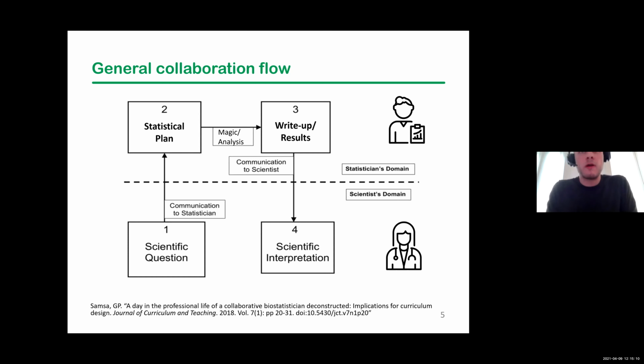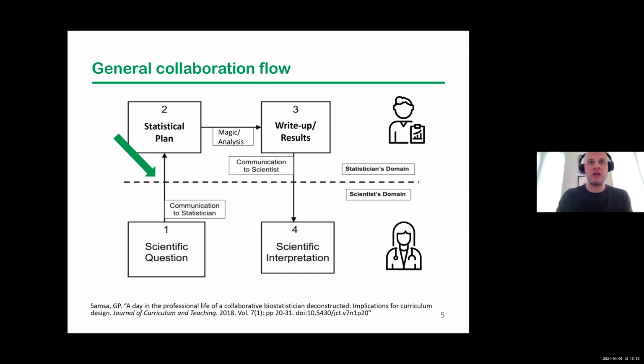So what is the workflow for working with the biostatistician? The bottom half of this figure is the scientist or the researcher. The top half is a statistician. And there are 2 really important communication points. The first point is on the left side of the figure here. At the bottom, you see block 1 says scientific question. That's really where the investigator is coming up with what is the question I want to ask and how do I go about answering that question.